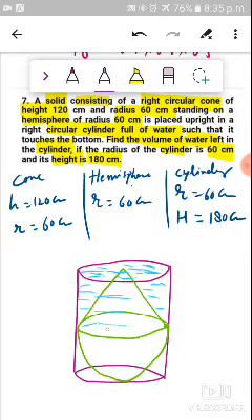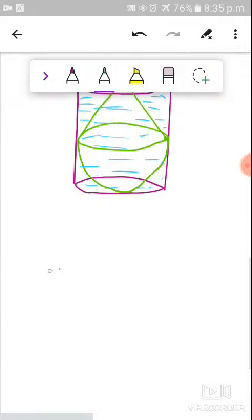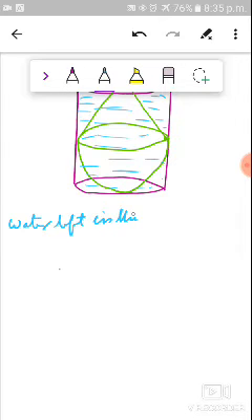We need to find out how much water will be left inside this cylinder. So we'll write water left in the cylinder